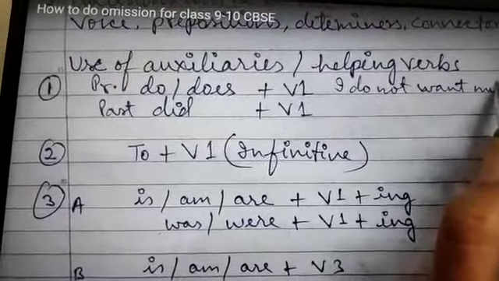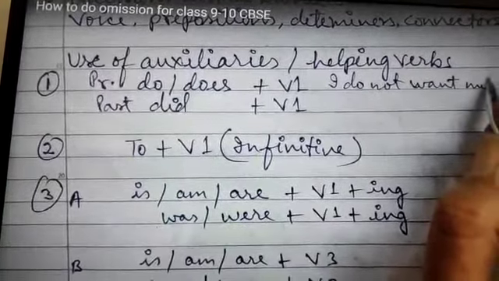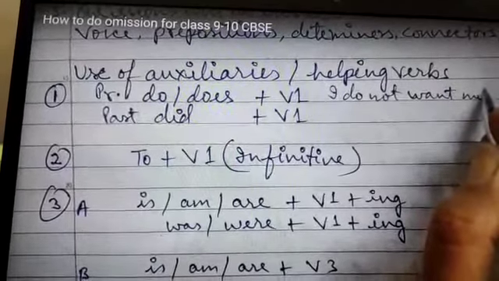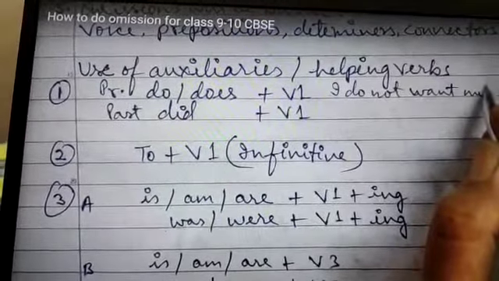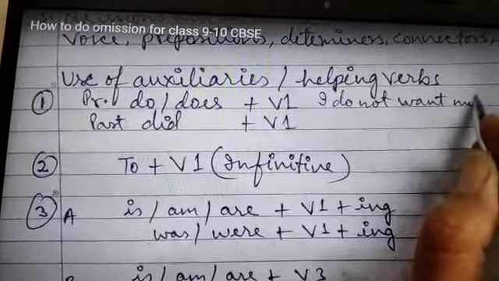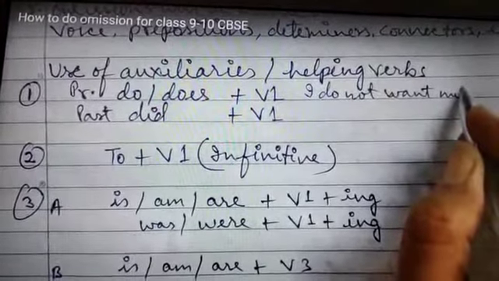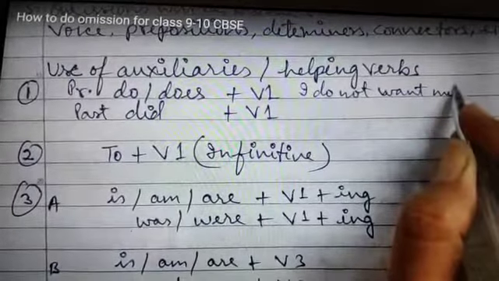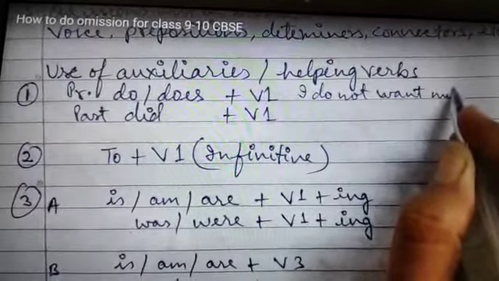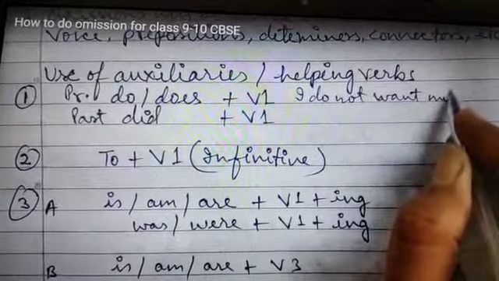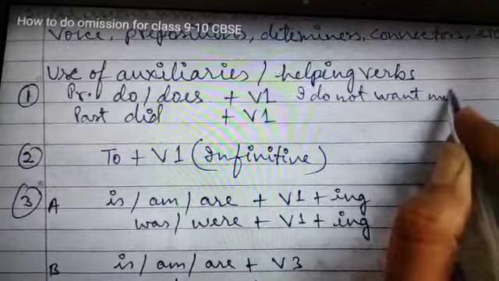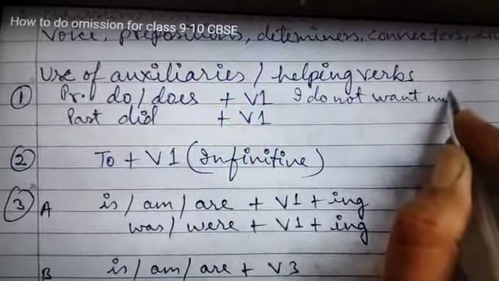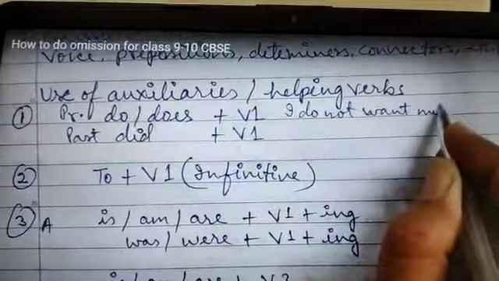As we know about the helping verbs or the auxiliary verbs, they are 11 in number. They are do, does, did, has, have, had, is, am, are, and was, were. If we know the correct usage of these auxiliary verbs, which helping verb is to be used with which subject, then we will be able to insert the correct word, as do, does plus verb form. I always take do, and as we know the singular and plural subjects, accordingly we have to use these auxiliary verbs.